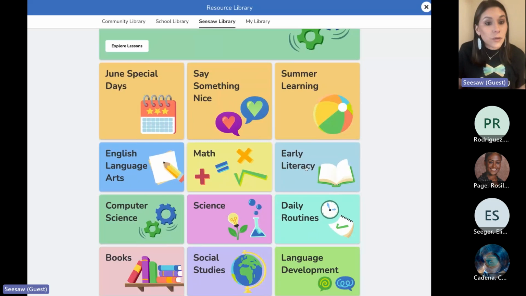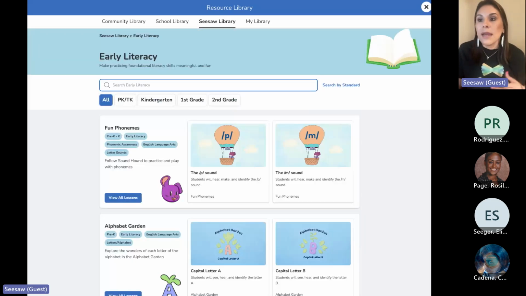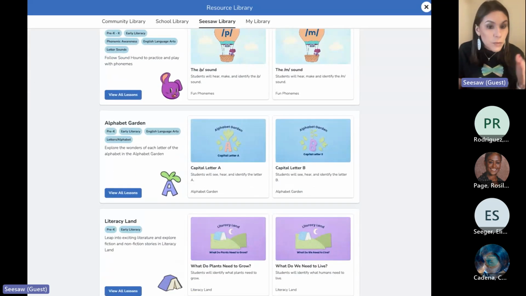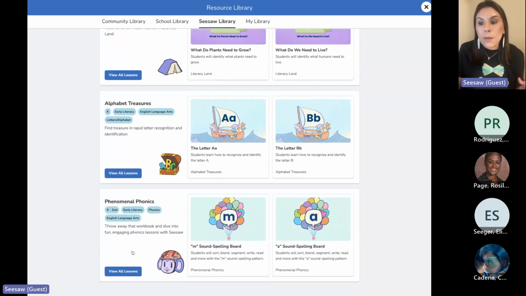So I'm going to go to the Early Literacy tab. Fun Phonemes was one of the ones that we discussed. Alphabet Garden was another one. Great collections, especially for early primary teachers. And it'll tell you what grade level these are specifically for. But Phenomenal Phonics is a truly foundational collection. So let's tap on View